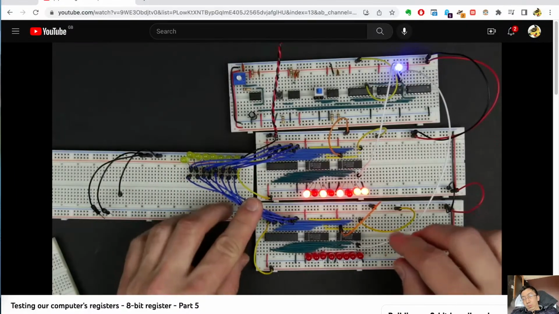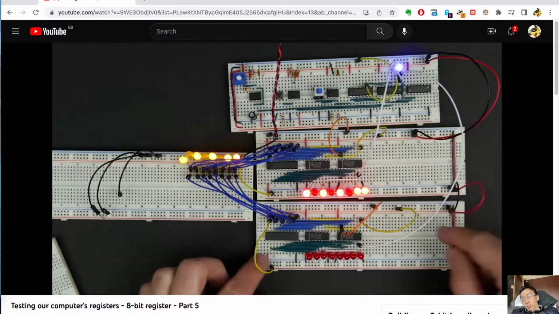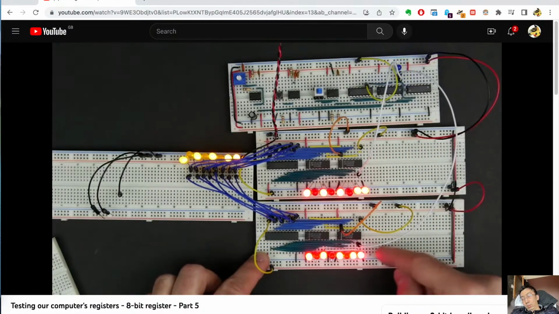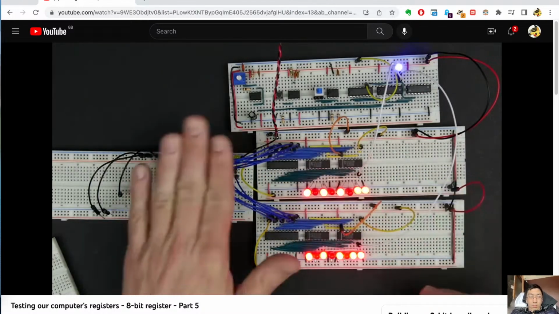So now what we can do is actually do a register transfer. We could enable the top register, and that puts the value out on the bus, and then we could load into our second register. And then boom, on the next clock cycle, we load that down here, and then we can turn that off, and we can turn off our top register, and now both of these